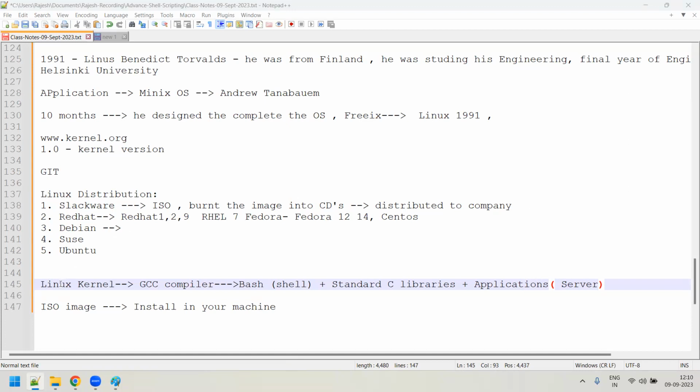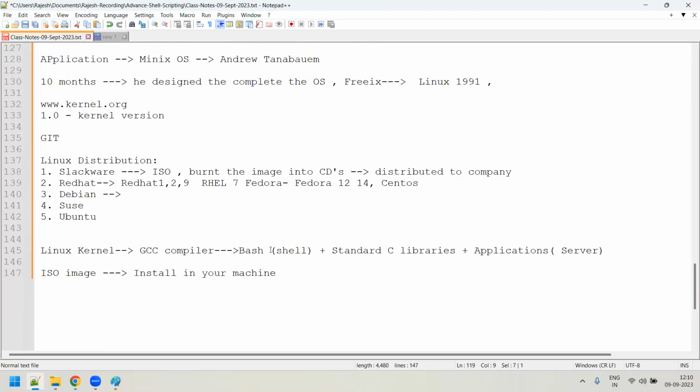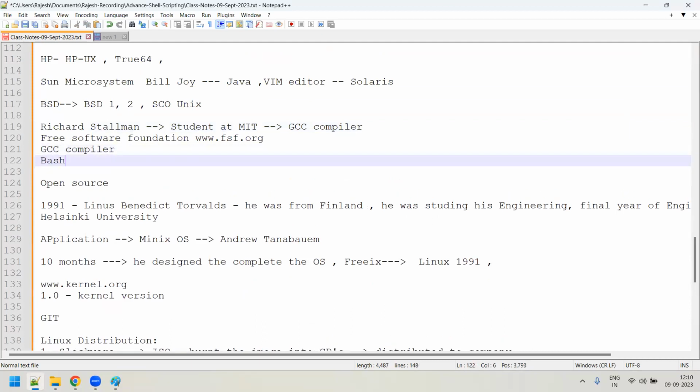No, what I'm trying to tell here is that when the Linux kernel came into existence, when Linus Torvalds designed Linux and uploaded it to kernel.org, what the distributions did was take this Linux kernel from kernel.org, and take the GCC compiler, which is part of the Free Software Foundation, because GCC was written by Richard Stallman. There was also a shell written by the Free Software Foundation. Even the Bash shell was designed under the same Free Software Foundation under Richard Stallman himself. Richard Stallman came up with the Free Software Foundation, FSF, right?